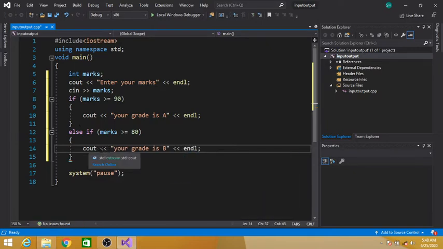We have to place this insertion operator because this is the syntax of C++ language. You have to memorize it. If you do not follow the syntax, then compiler will raise a syntax error. So we have to follow the syntax.